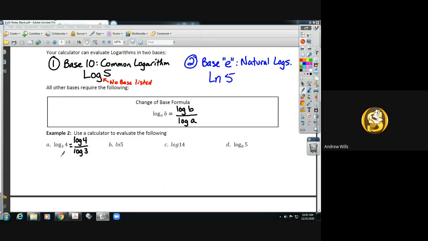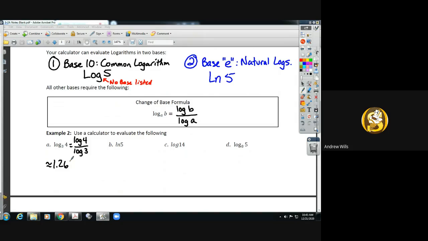We hit the log button, which is next to 7. Type in 4, close the parentheses. Hit divide, then hit log 3 and close those parentheses. So you should end up with log of 4 divided by log of 3. Hit enter, and it will evaluate that logarithm. You should get 1.26